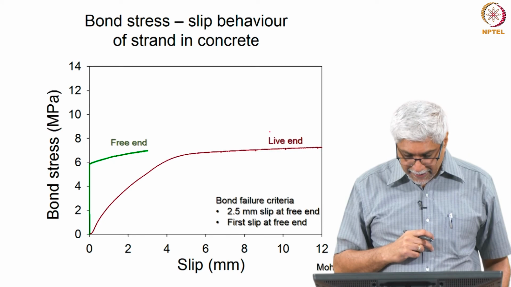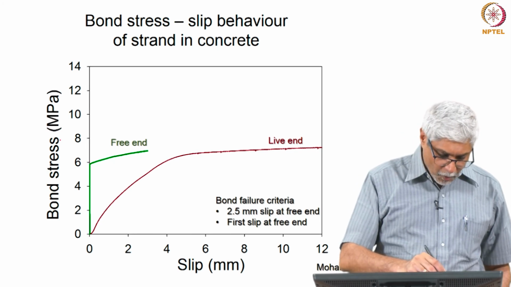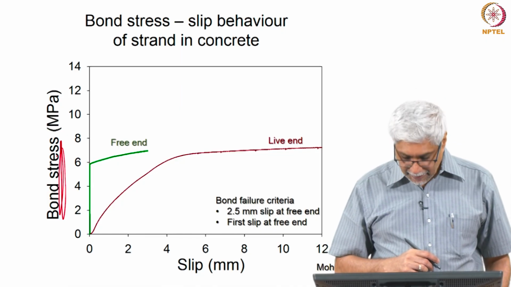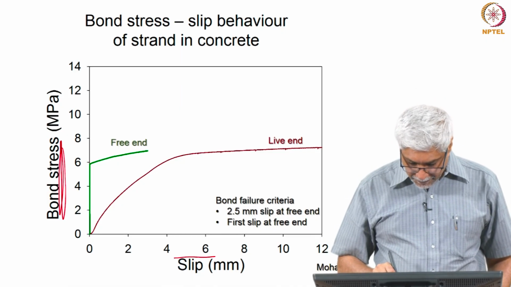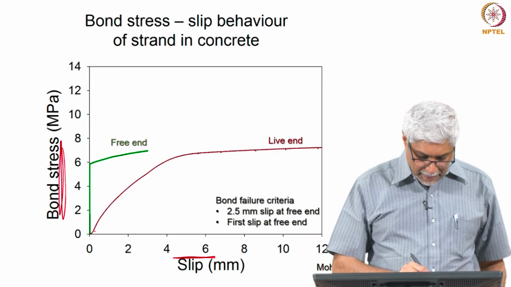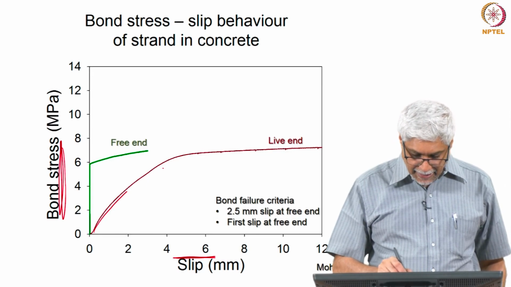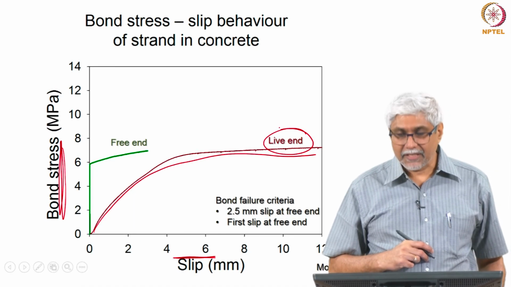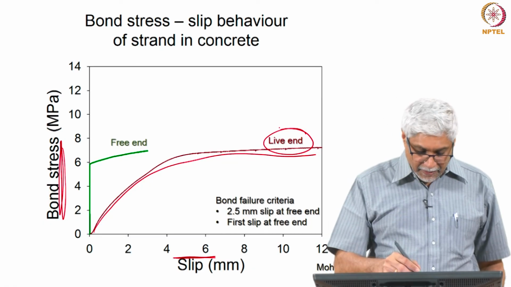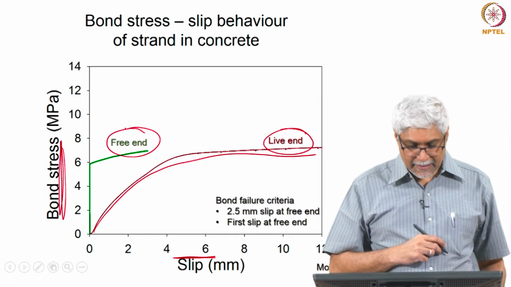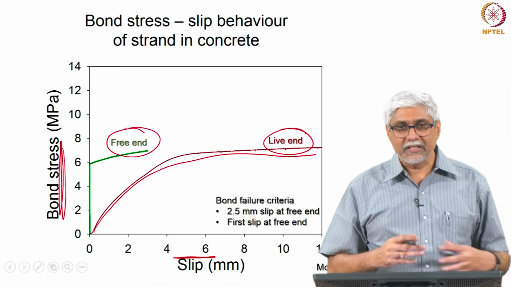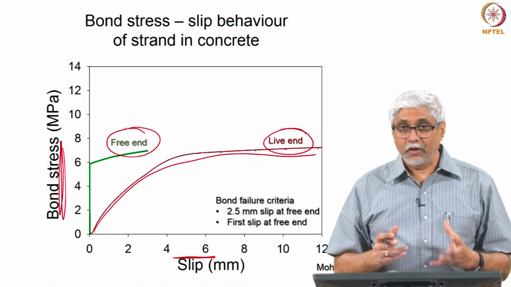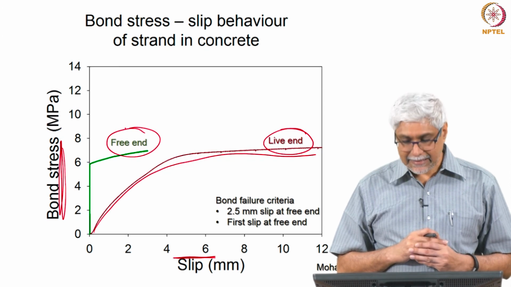A typical response would be like this. Here we are seeing the bond stress, the nominal bond stress, load divided by the embedded length, and the slip. Here she has the relation between the stress and the slip, the live end slip, live end being what is being loaded, and the free end at the other end is this type of response. Based on this she calculates parameters, and there will be a video where Prabha will explain how she does these tests as well.